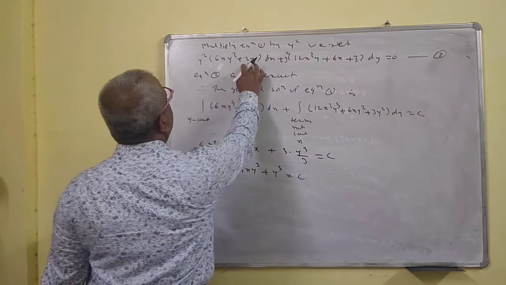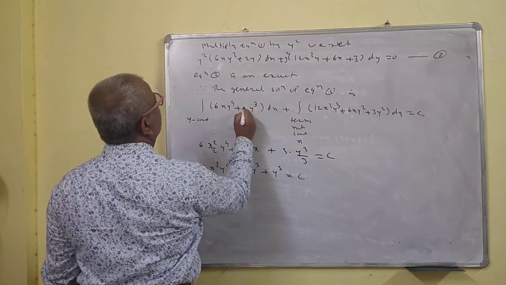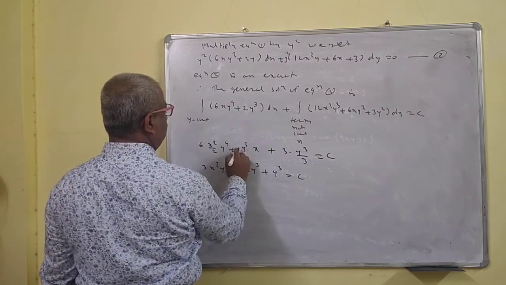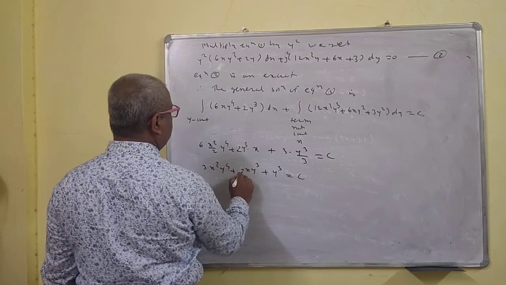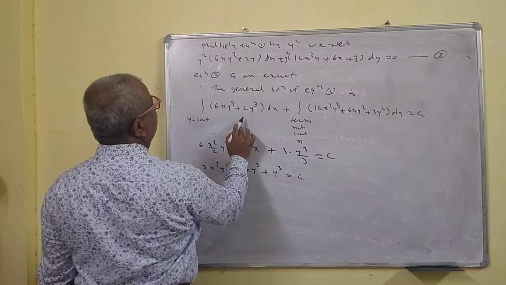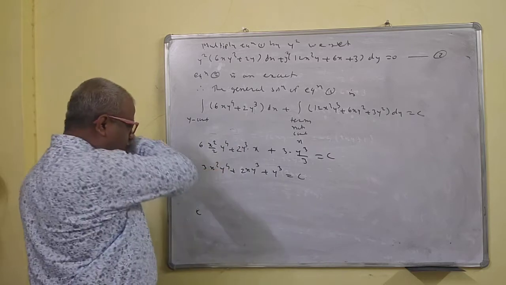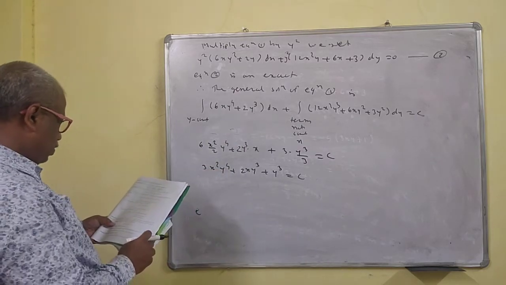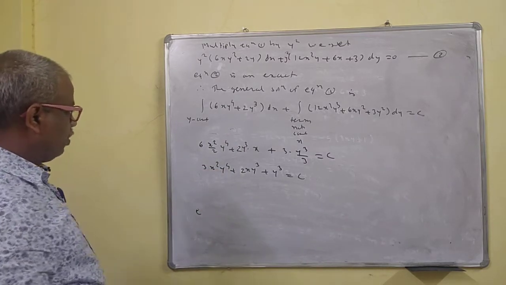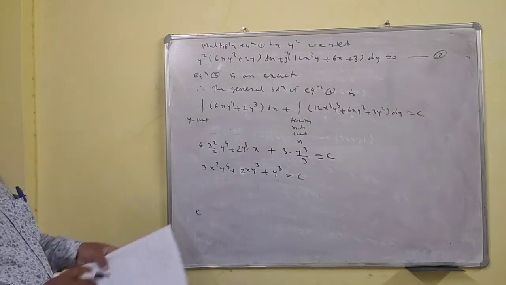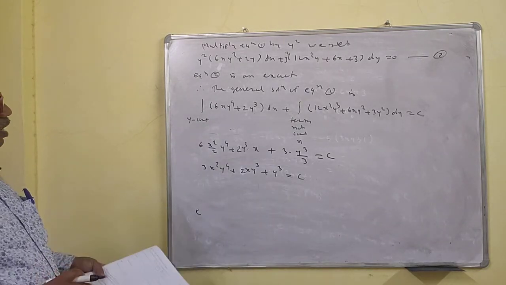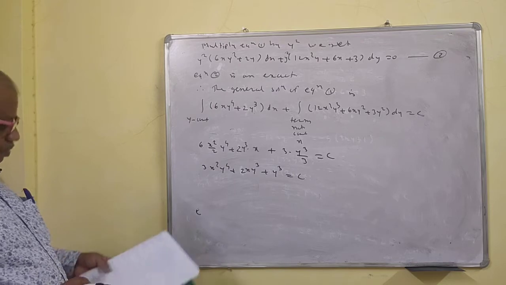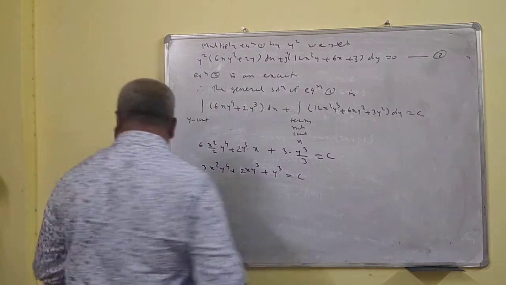So here we have written 2y cube. So this is 2y. This is 2, not 4 now here. So this is 2y cube. So 2. Okay, now this is correct. You have to take care of that. By mistake it happened, but we have to take care of that. Now we take the next problem.